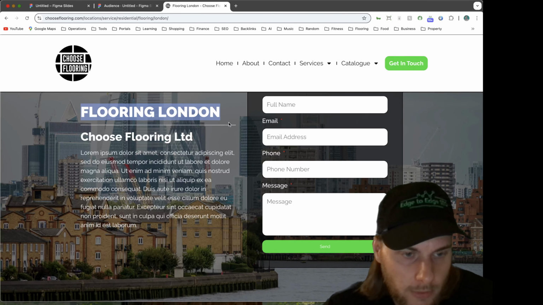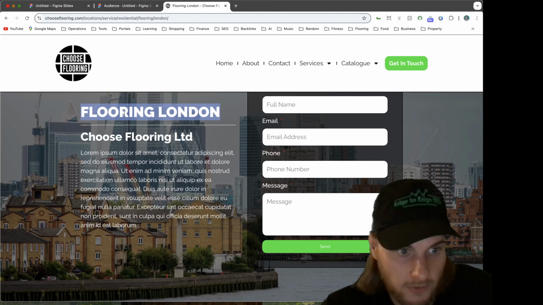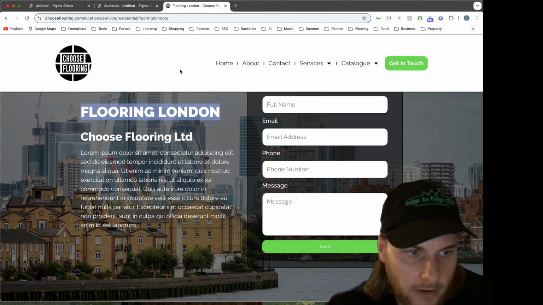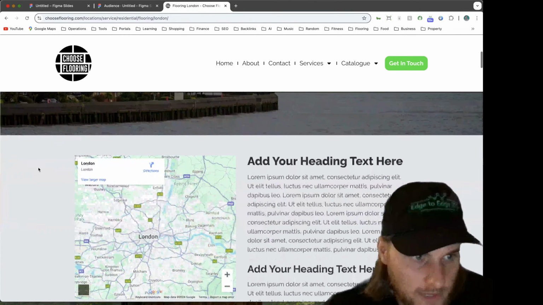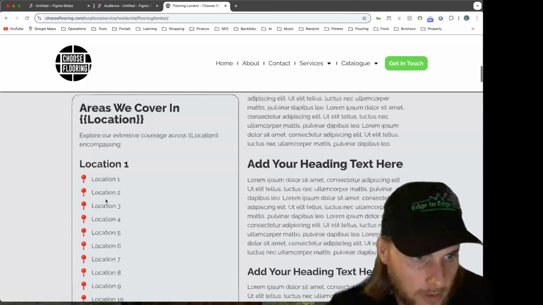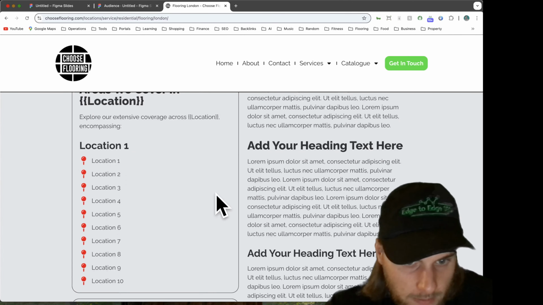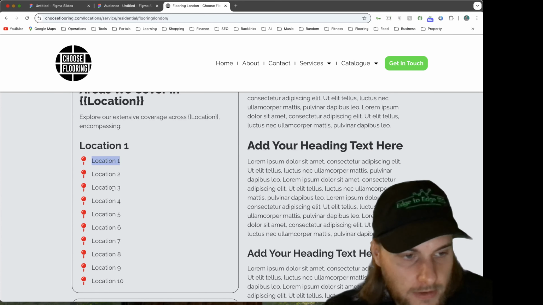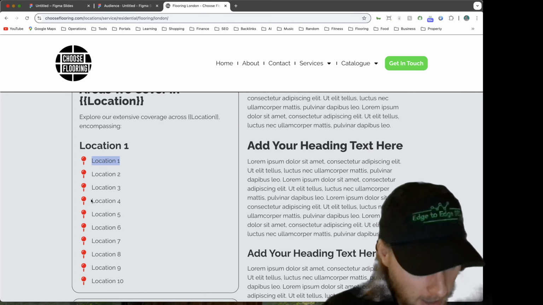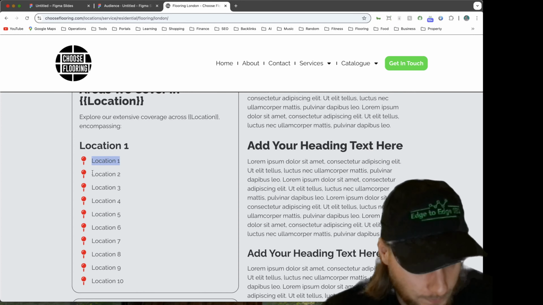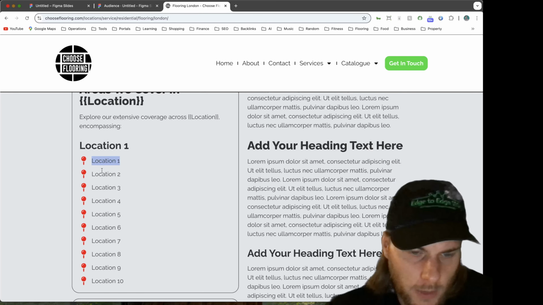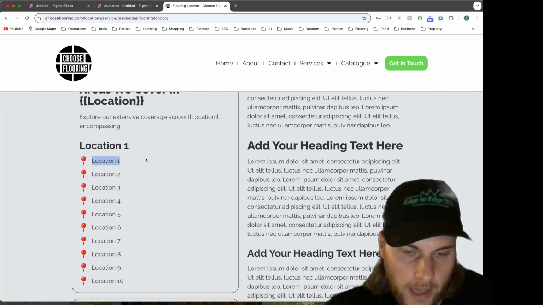London's a very broad area, so there's a lot of different boroughs in London that you could target. For example, like Liverpool, you might create flooring Liverpool, and that would then encompass all of the other areas within Liverpool. You could put all of your different locations that you're targeting within Liverpool on this page. And then down the line, providing you're tracking these different keywords, you're going to be able to see what keywords are ranking and what keywords aren't ranking, and what keywords need their own pages and what keywords don't need their own pages.